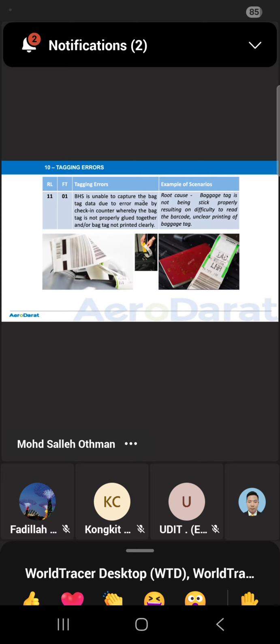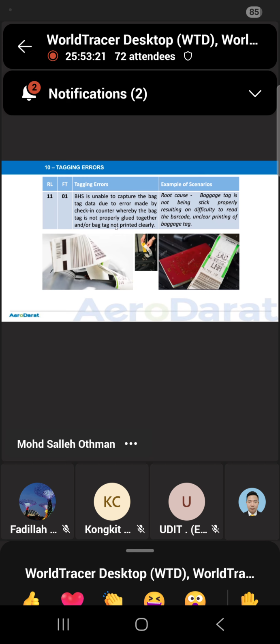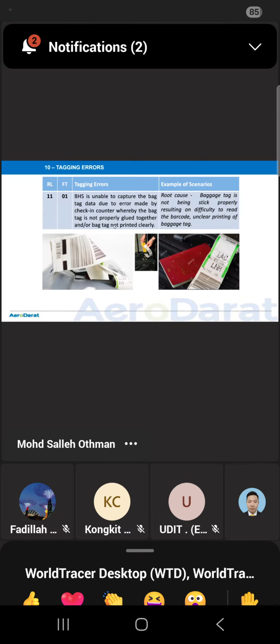PHS is unable to capture the back tag data due to an error made by the check-in counter, whereby the back tag is not properly glued all together and the baggage tag is not printed clearly. Root cause: the baggage tag is not stuck properly, resulting in difficulty reading the barcode, or unclear printing of the baggage tag.